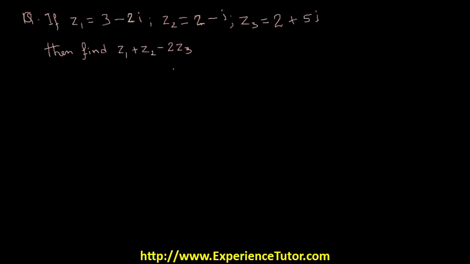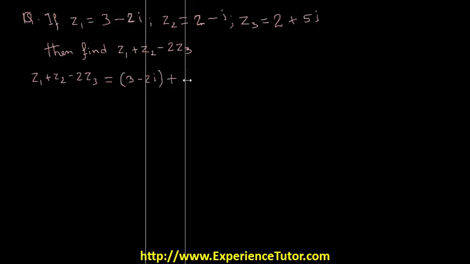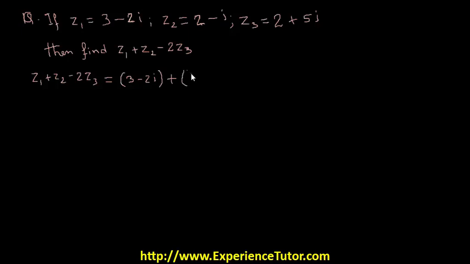So we'll put the values of z1 plus z2 minus 2 z3. z1 is 3 minus 2i plus z2 is 2 minus i, minus 2 z3, z3 is 2 plus 5i,